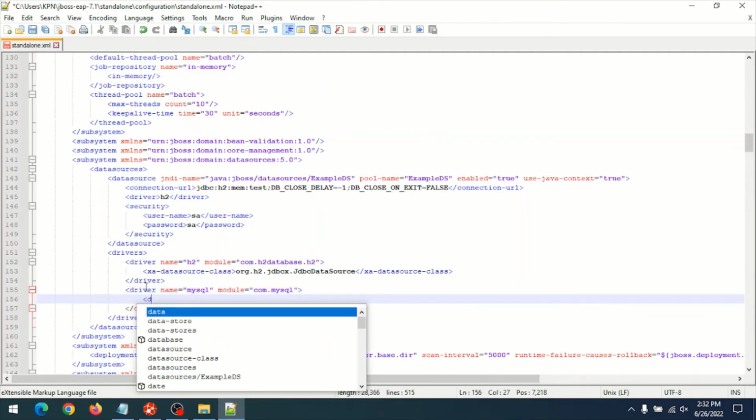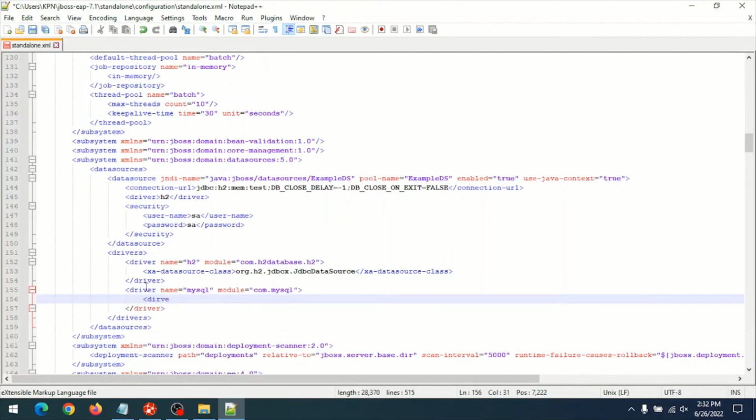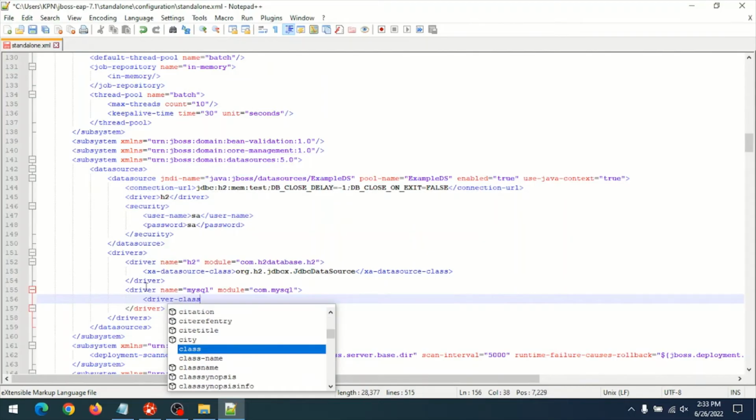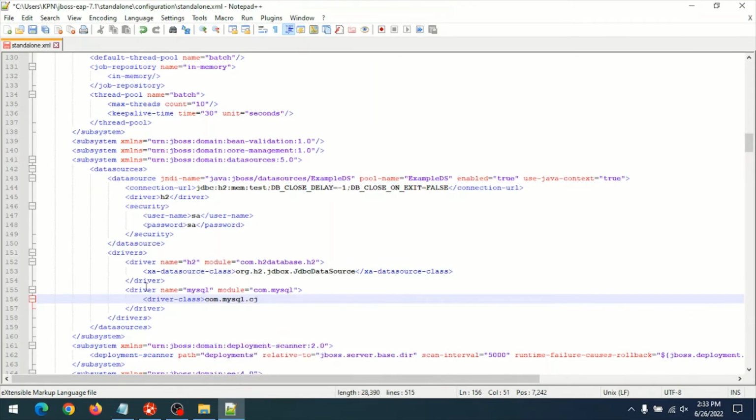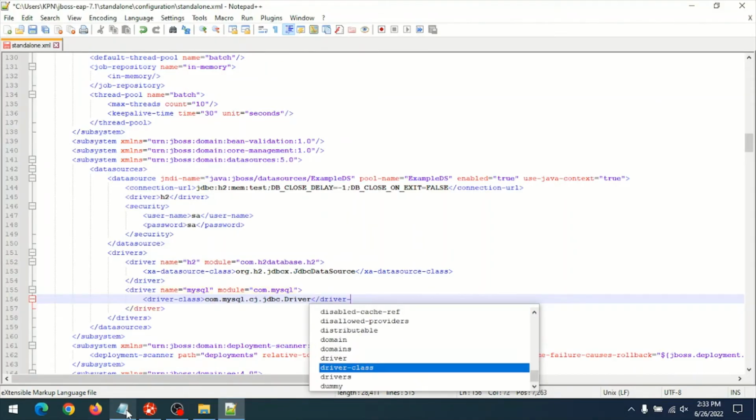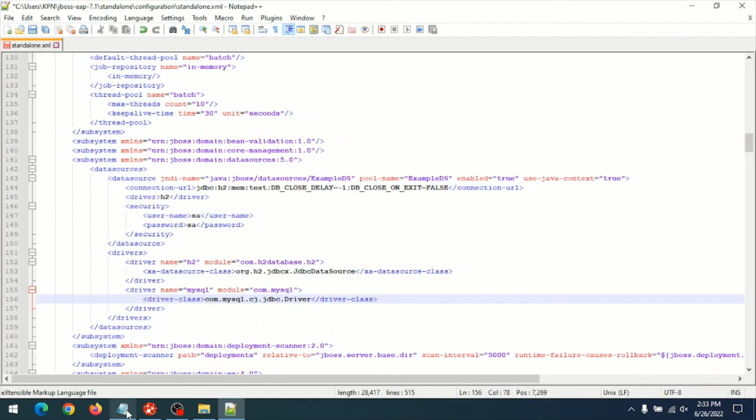and add driver class. com.mysql.cj.jdbc.Driver, D capital letter, and close the tag driver class. Then save the file standalone.xml,